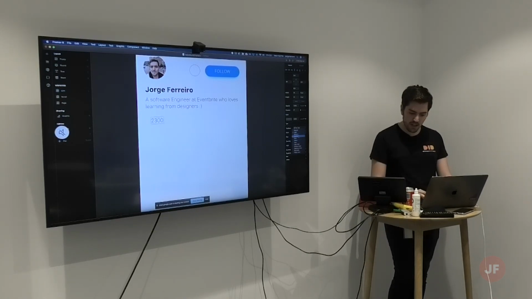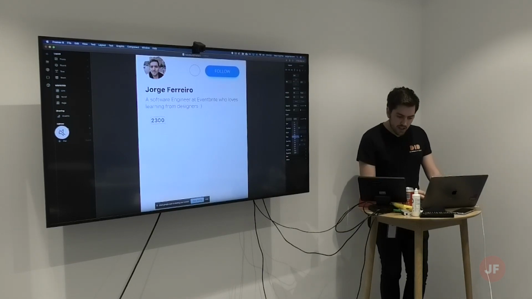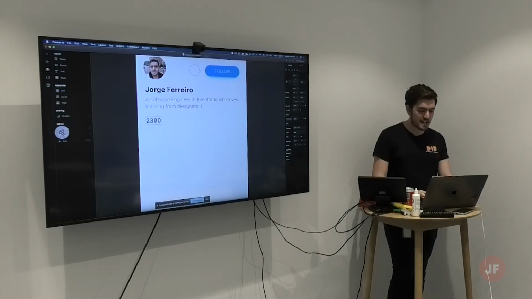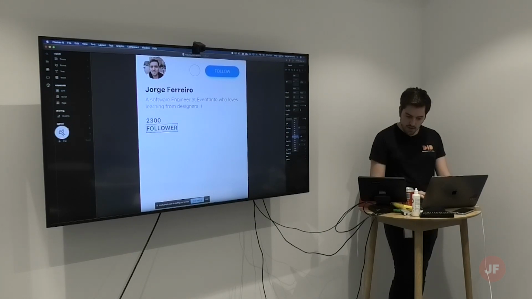This is going to be bold. Probably a little bit. Yeah, bold is okay. And then I'm going to increase this to 20. And now I'm going to just Command D, duplicate the text. And I'm just going to type